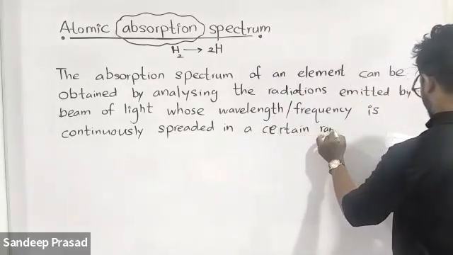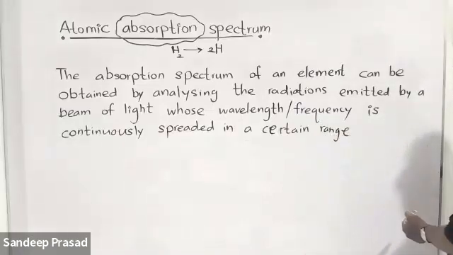Quickly write down this one with me. The absorption spectrum of an element can be obtained by analyzing the radiations emitted by a beam of light whose